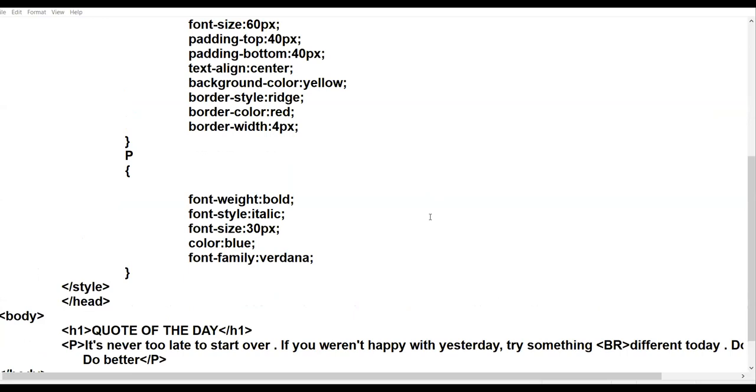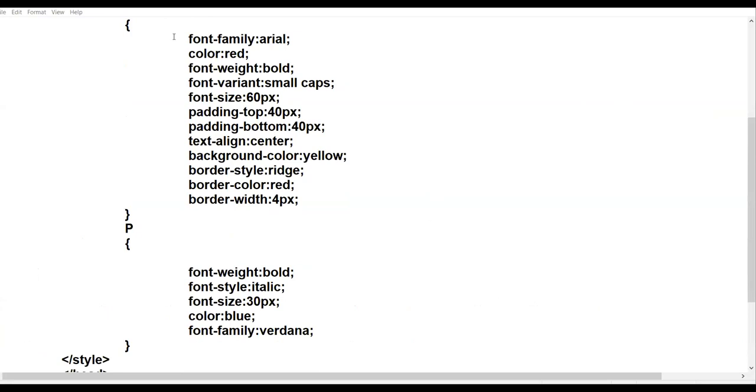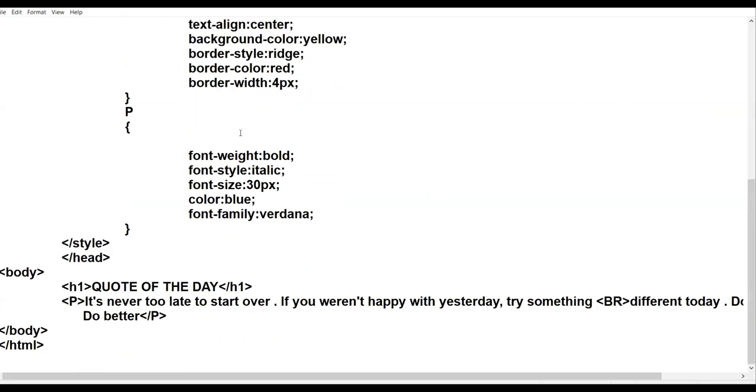Right? Now, one solution is this. You write font family Comic Sans here, and font family Comic Sans here. Twice you will write the same property.